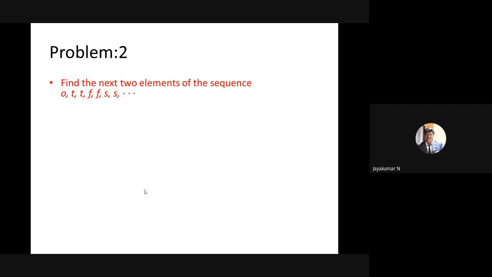At least anyone. I think no one has given the answer in the chat box. Please, anyone reply me. Please unmute and reply. Do you need any clue? Just observe the sequence. What are the next two elements of the given sequence? Time is running. Anyone, do you need a clue? Okay, I will give the clue. Maybe from the clue, a C-section student may be able to give the answer.